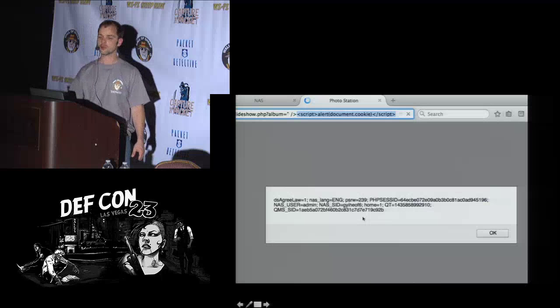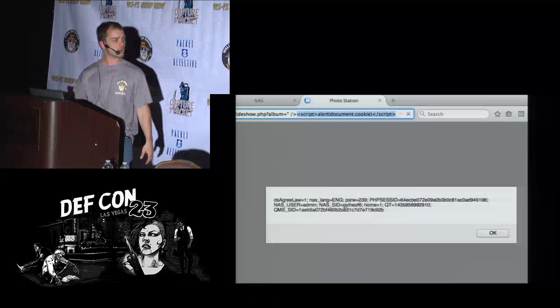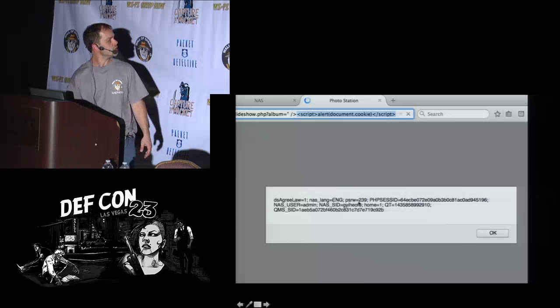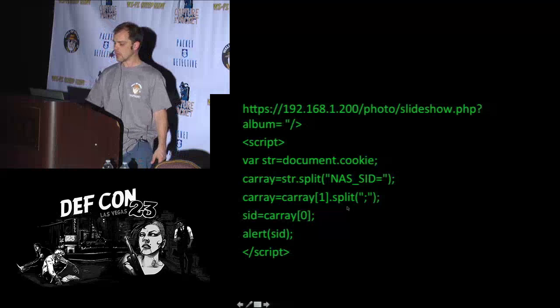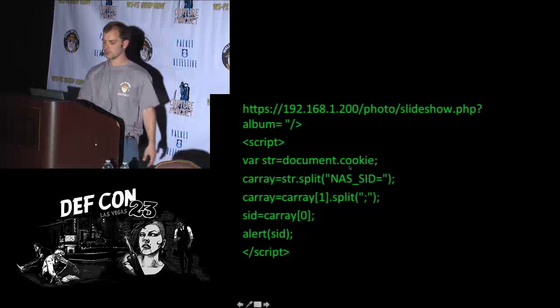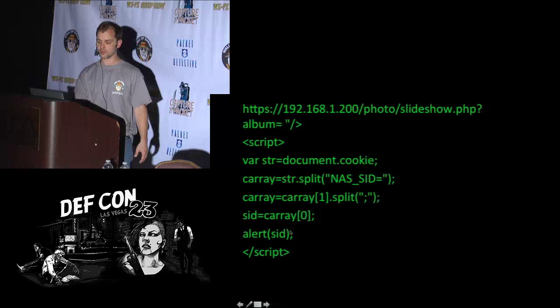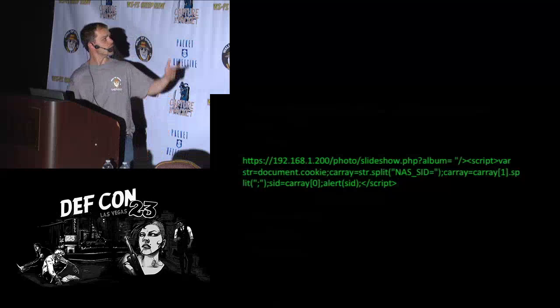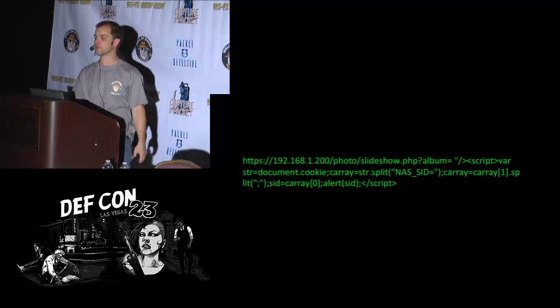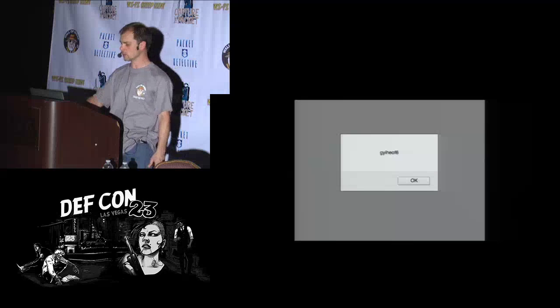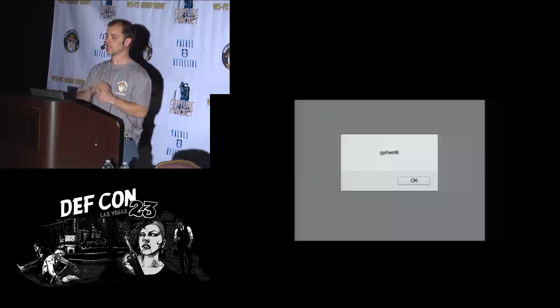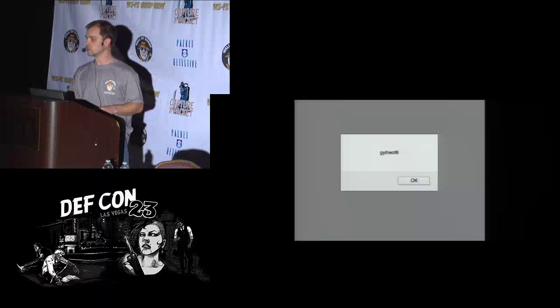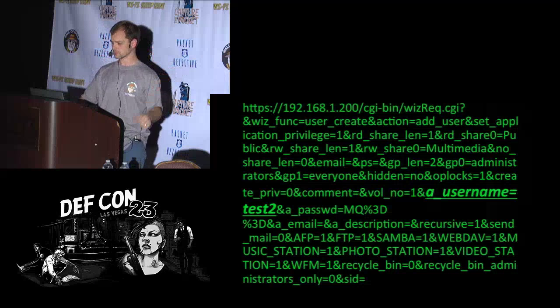It popped up the entire cookie within the context of the web server. And you can see in here, my SID that I need to get to is right there. And that's the value. So I wrote this little script right here, very simple: get the document cookie, parse out those values, and do an alert on that SID value that I want to be able to grab. And when you put it down into a single string for the reflective cross-site scripting URL, this is what you get. So now I can get to that SID that I need to be able to add a user.